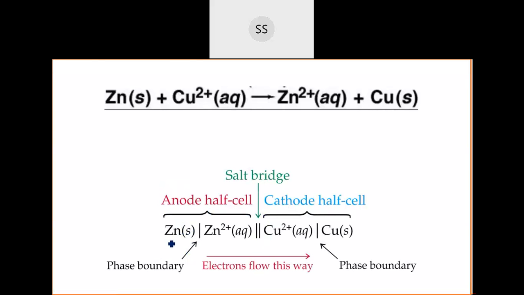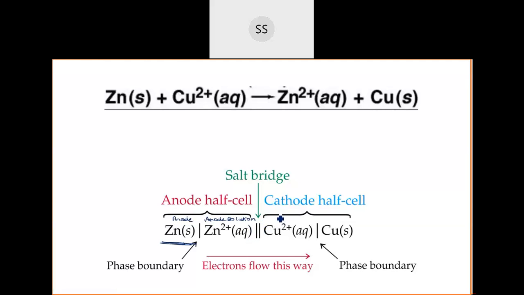Okay, now in the anode half cell also, which one to write first? You will write the anode electrode first. Okay, the electrode part has to be written first, and then you have to mention in which state they are. Okay, the physical state of that has to be mentioned. So electrodes are in the solid state, so you write as solid, and then you have to write the anode solution. See, first we are writing the anode part, and then you are writing the anode solution, the ions which are there in the solution, and then mirror image of that.